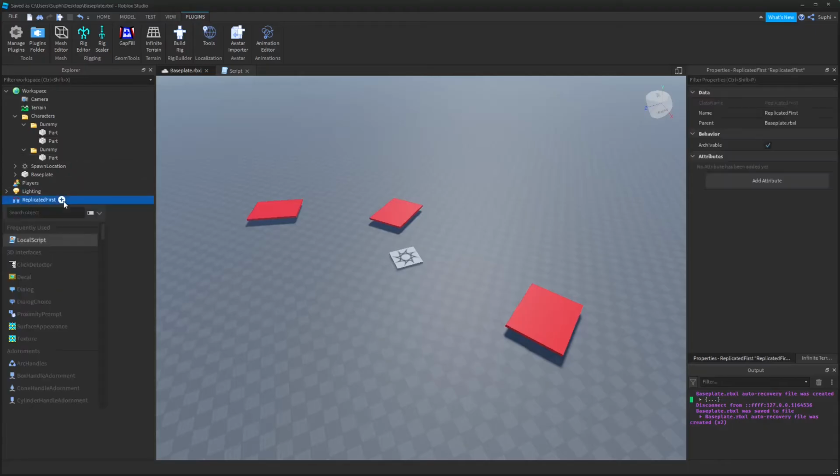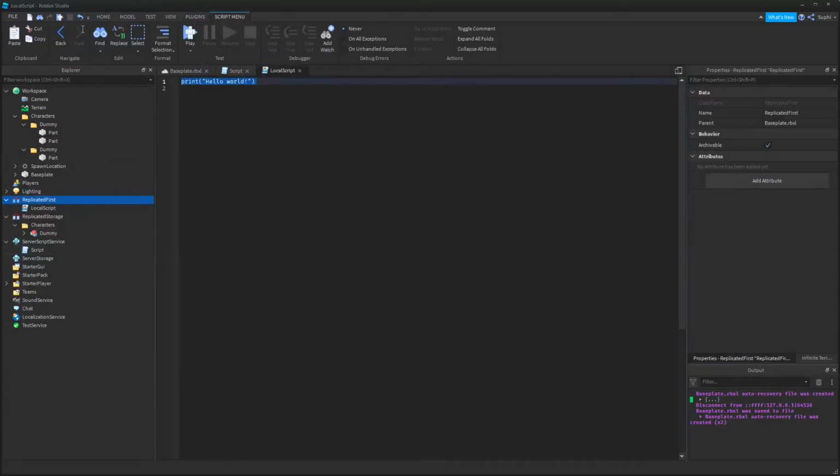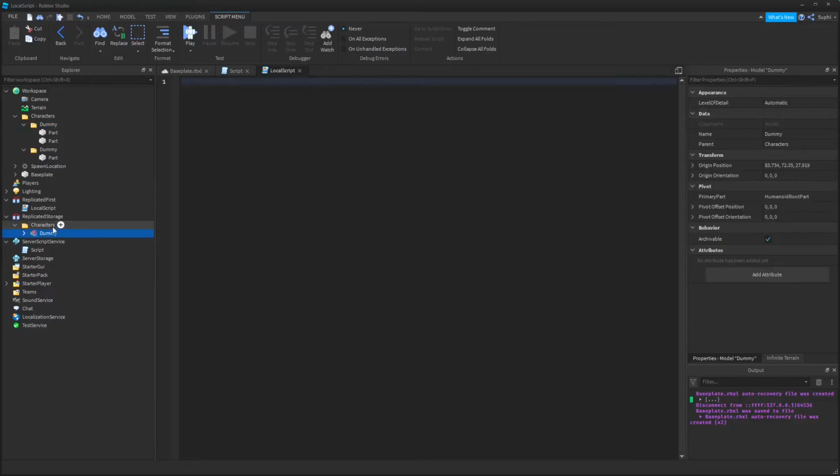Now I'm going to create a local script inside of replicated first, and I'm going to loop through every folder inside of this characters folder and use the name to clone the model from inside of this characters folder. So to do this, I'm going to do for i, folder in ipairs workspace:WaitForChild characters:GetChildren,